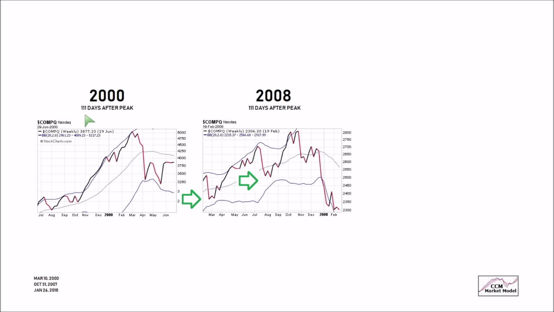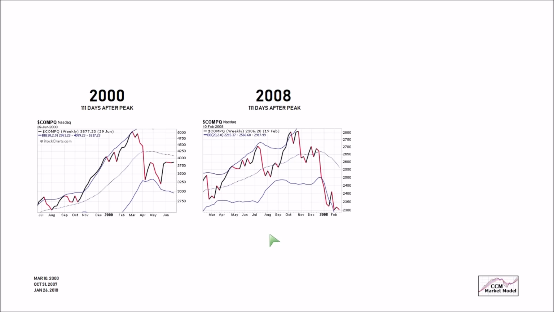Number two, why 111 calendar days? In the present day, the daily chart of the NASDAQ peaked on January 26, 2018, or 111 calendar days ago. Before we flip over to the present day chart, it's logical to assume, since we're comparing apples to apples, 111 days after the peak, 111 days after the peak, and 111 days after the peak, if in the present day